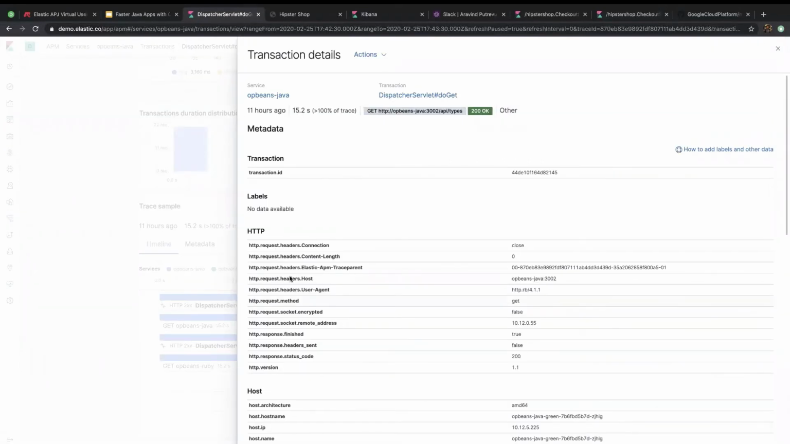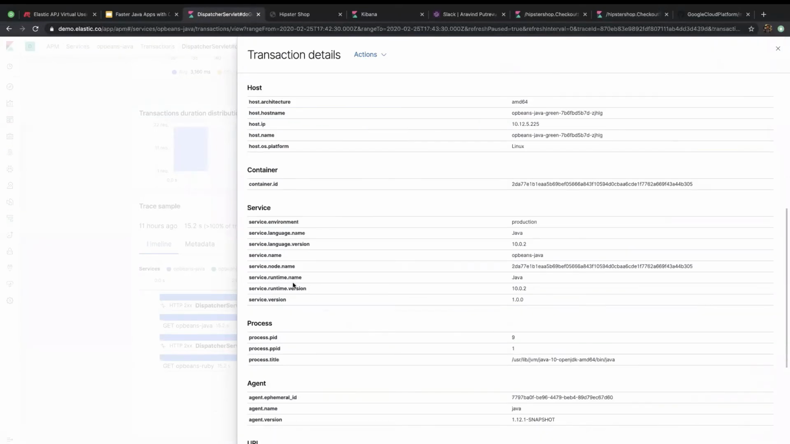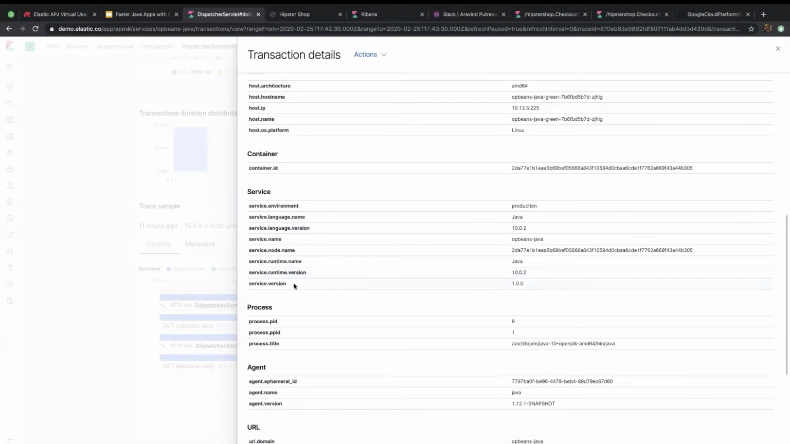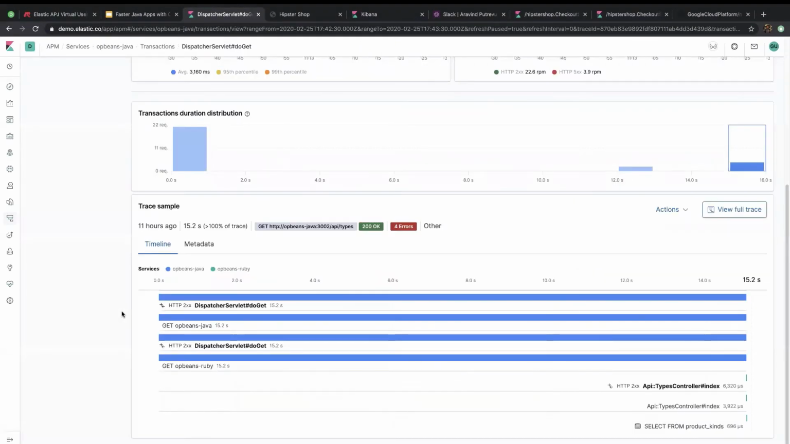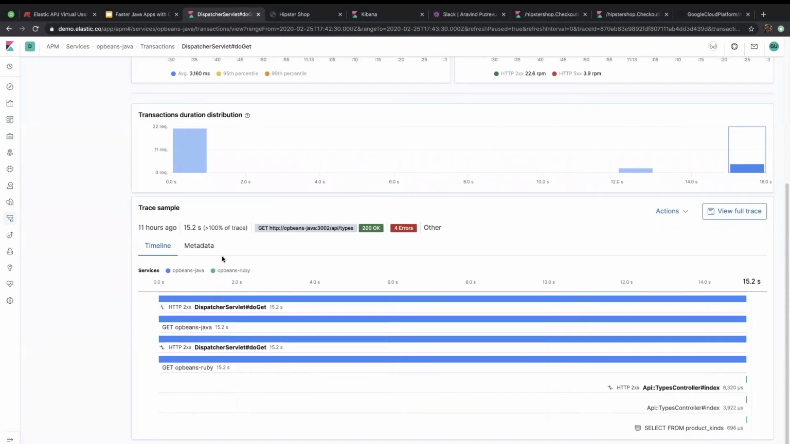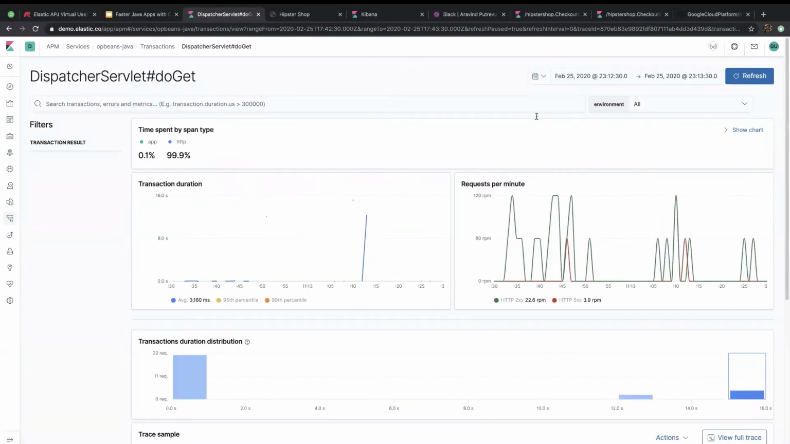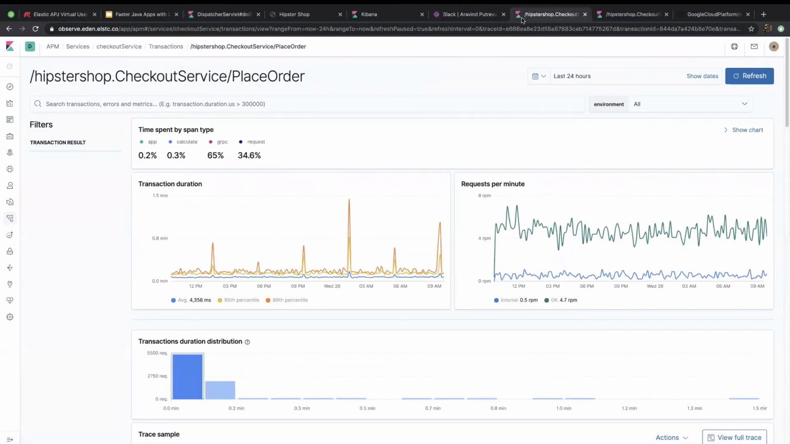You would also be able to see the HTTP headers, the service-related request and response details, and the URL from where it has come, the browser, the client, everything. This is one way to look at a specific thing. I would also show a specific app where we have implemented